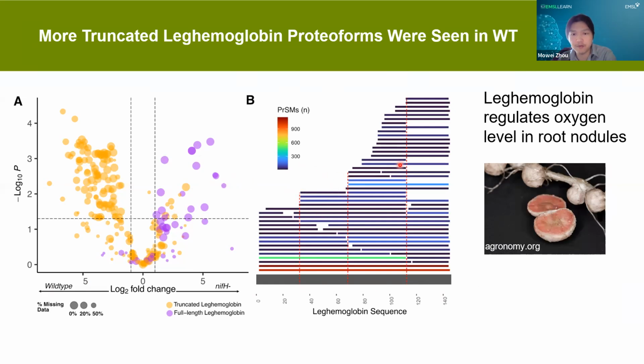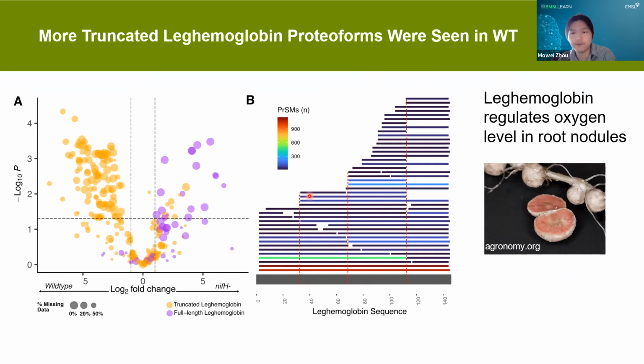And we detect a lot of them, a lot of the smaller fragments, and the color represents the spectral counts for each proteoform. So we're mostly detecting the intact proteoforms, but there are some specific fragments that seem to be also very highly abundant. And if we look at the pattern, it looks like there are also some specific cleavage sites for those